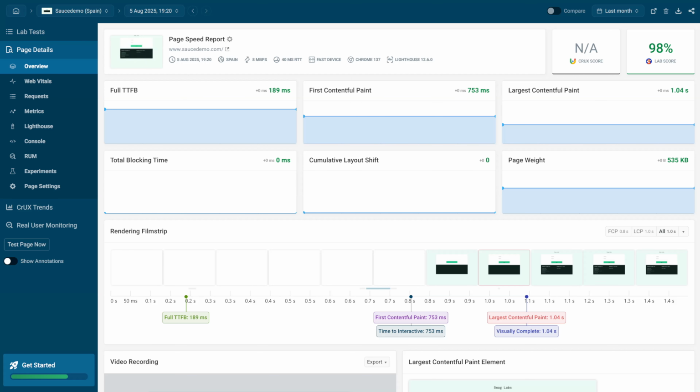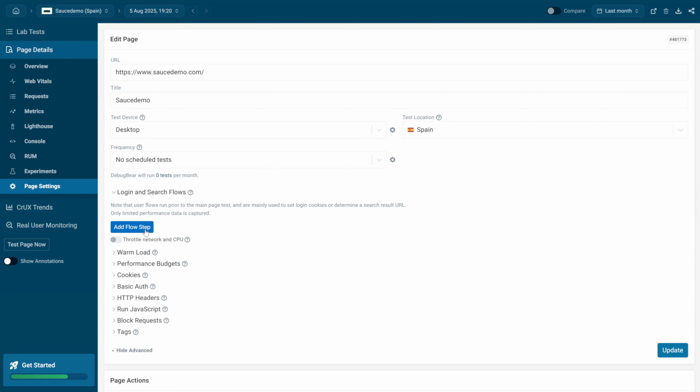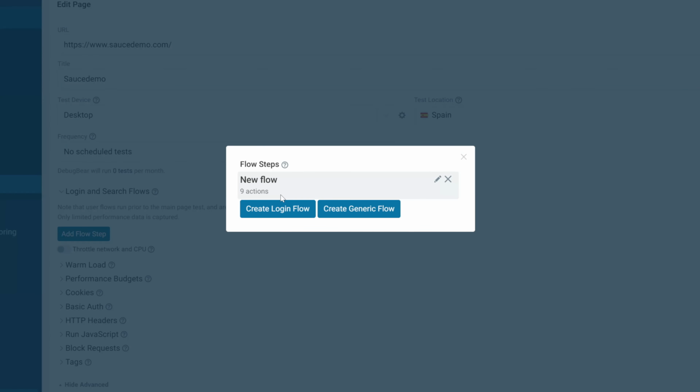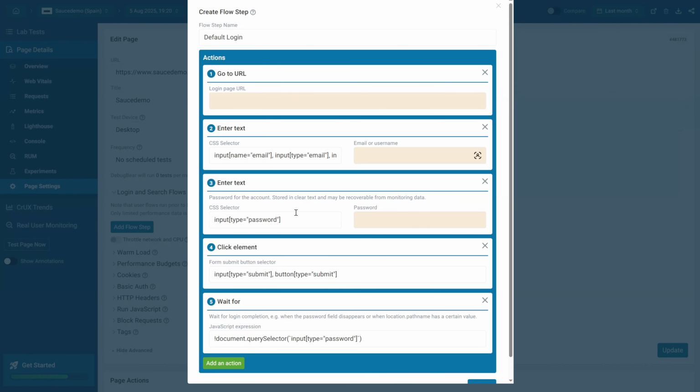In this example, we want to test a page which requires a login. After clicking login and search flows, any previously created flow steps will be available for selection. There are two options: create login flow and create generic flow. Let's create a login flow for this demo site. There are 5 steps by default, which can be adjusted with the Add Step button if your login flow is